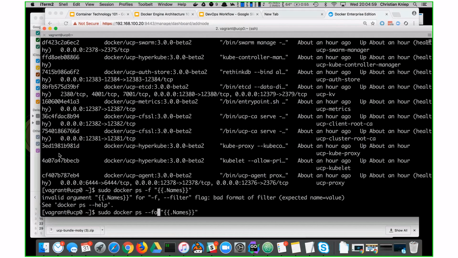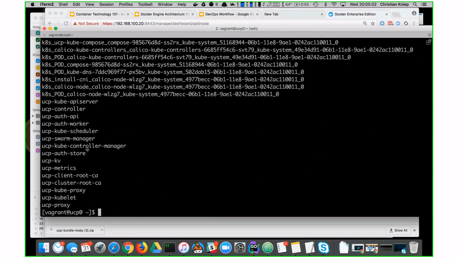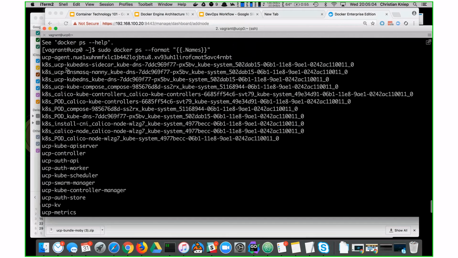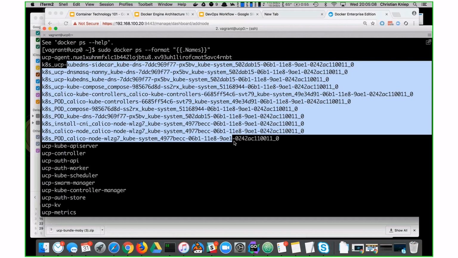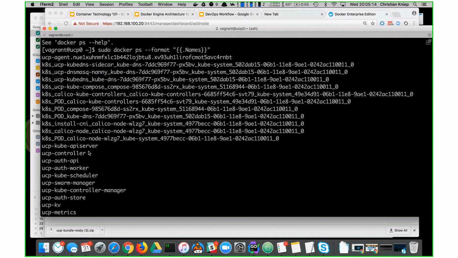So there are a couple of containers running. This is all the Kubernetes part here, all the containers running here. That's the native, it's a proper upstream Kubernetes. It's not like a Docker opinionated version of it. It's from a company that does Calico Tech something.